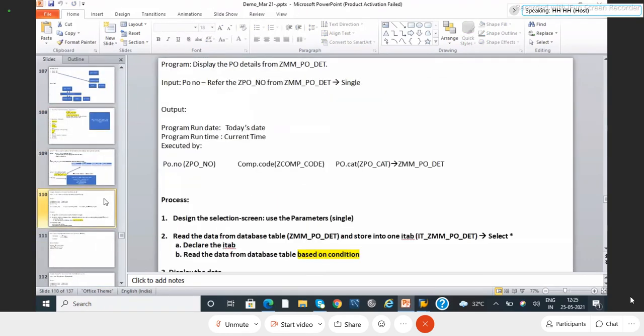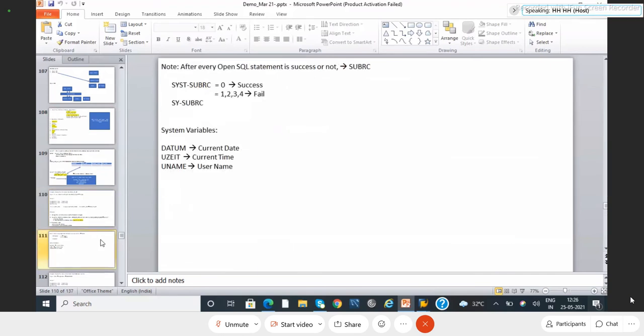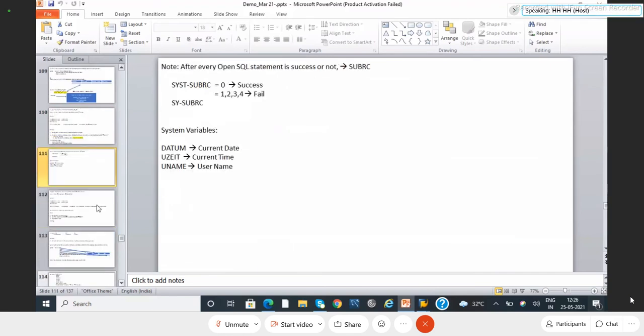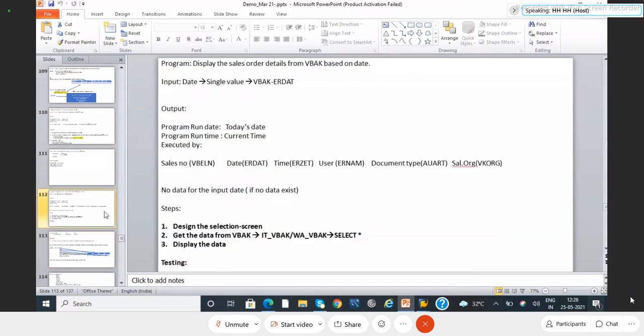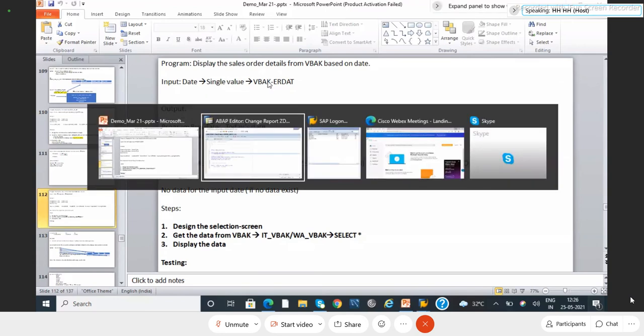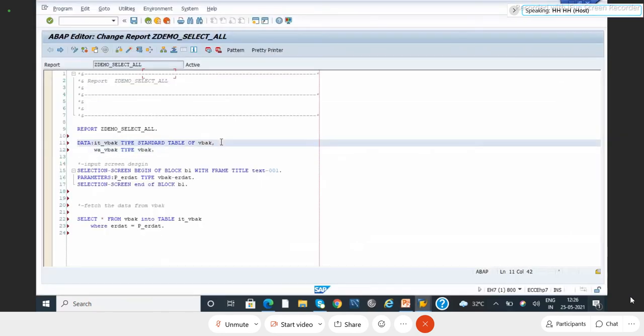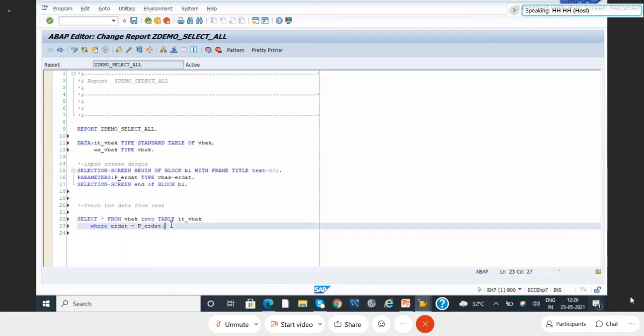So simple, since I am fetching VBAK data, I am getting all the data right from VBAK. Get all the fields, done. Since I'm getting all the fields, just refer to the table. One simple blind way of going. I'm getting all the fields from the VBAK table, so just use the VBAK table and get all the fields of data here. Okay, done.